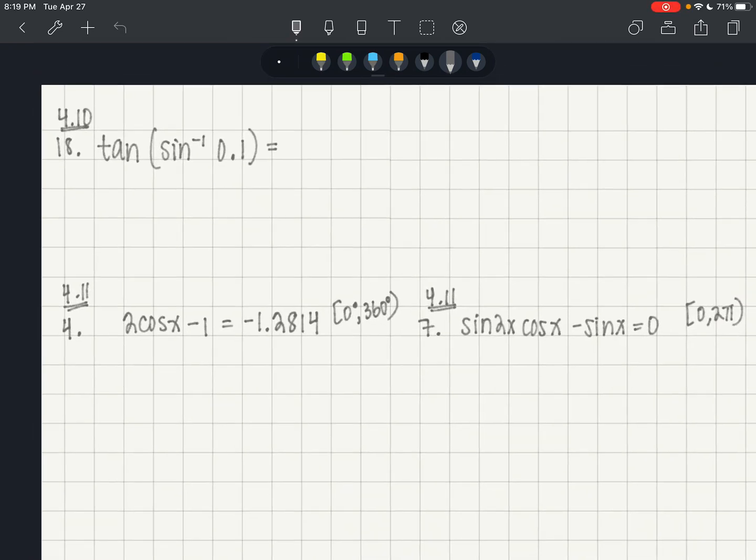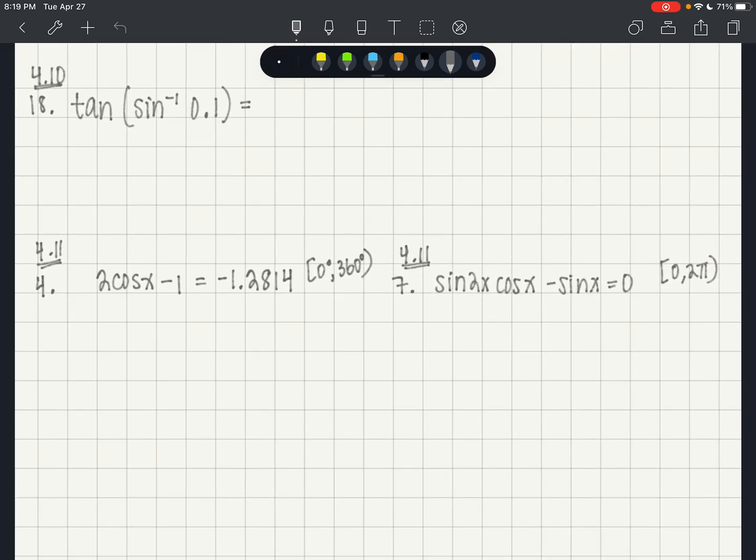We're going to look at this problem right here, number 18. It says the tangent of the inverse sine of 0.1. 0.1 is a ratio. And when we are looking to calculate the inverse trig functions, we have to think about the domain. So the domain of this function,